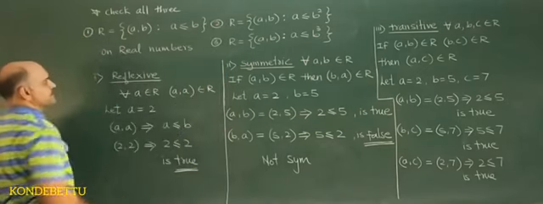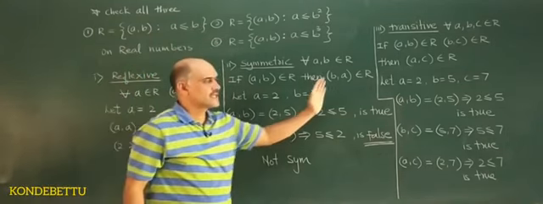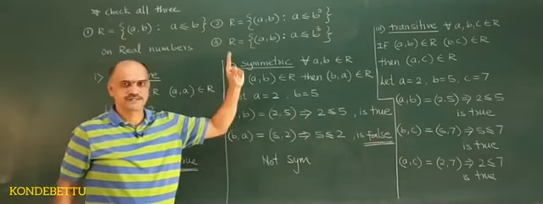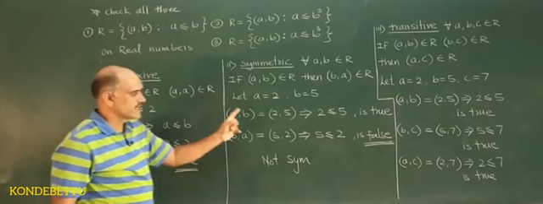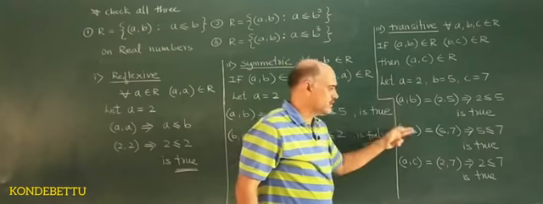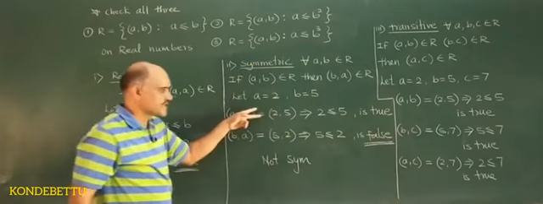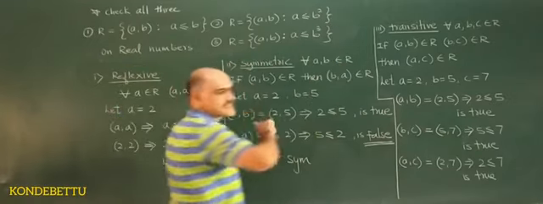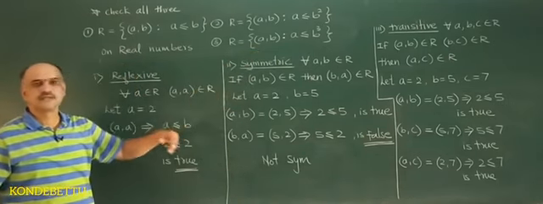In these two, you should get all 3 as false, which means it is neither reflexive nor symmetric nor transitive. You take a, b and c such examples, and it should come out false. So it will be neither reflexive nor symmetric nor transitive. So you can go through this, then solve some more problems.